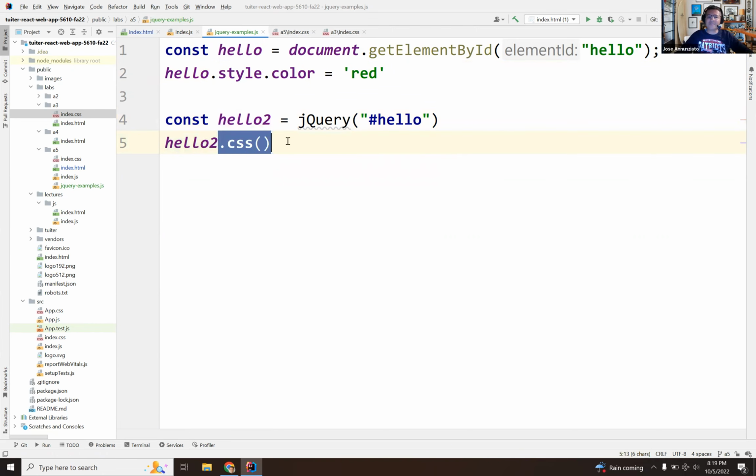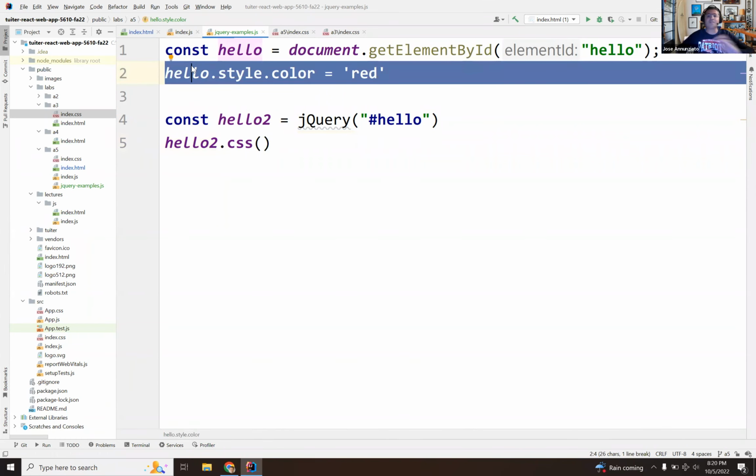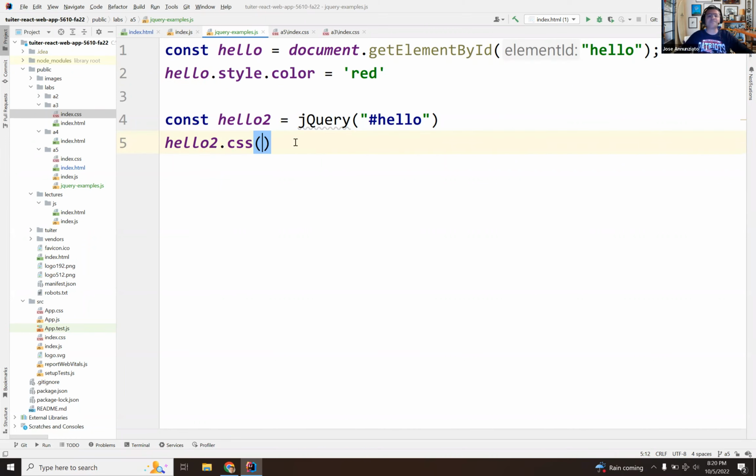You can provide function calls to CSS that will eventually set the color to red. So for instance, you can provide a color attribute, and then the value,